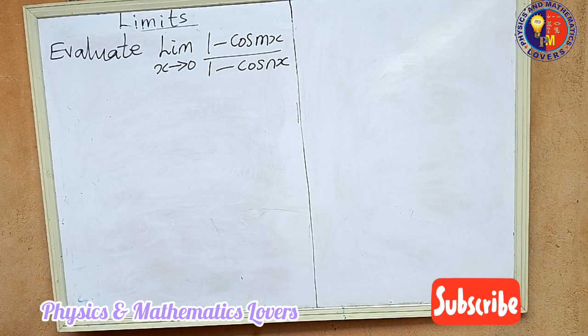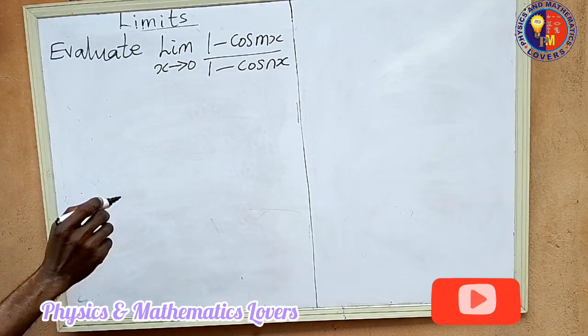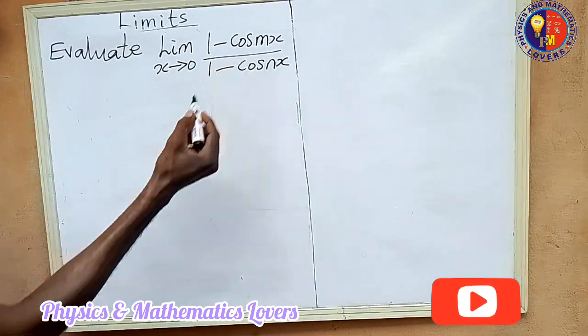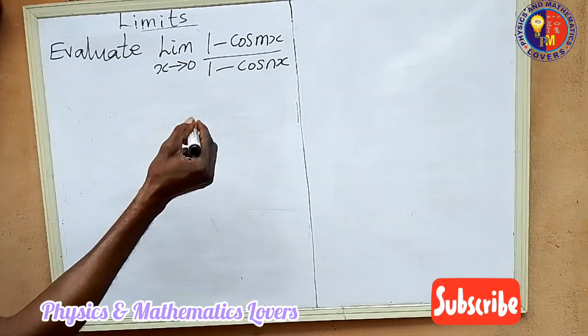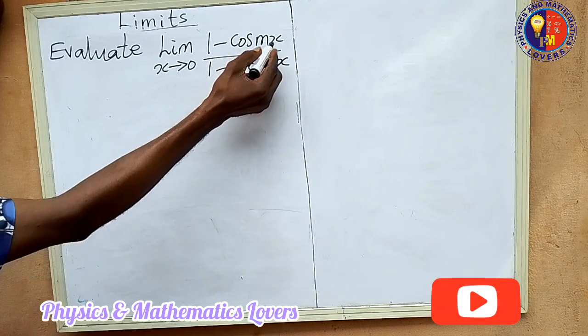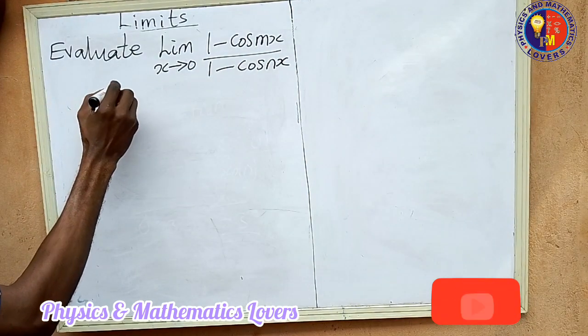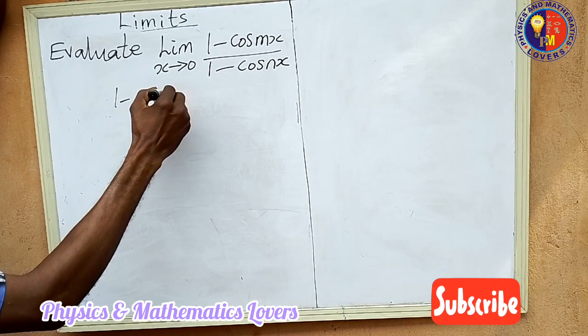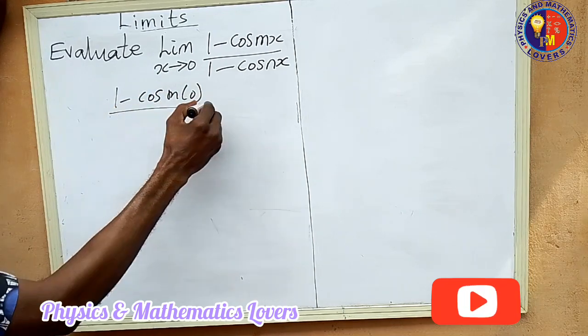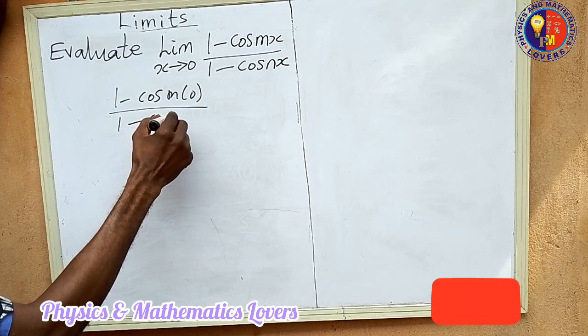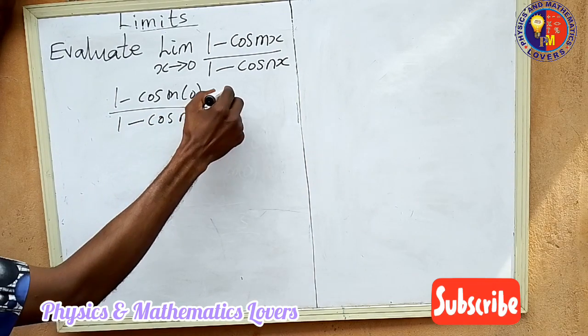So this question looks tricky, but let me tell you one thing. Remember, in our trigonometry we have an identity for only the sine function. So now, if I plug in the value of x to be 0, let's try and see what we are going to have. Anywhere you see x, you put 0, which means here will become 1 minus cos m times 0 all over 1 minus cos n times 0,